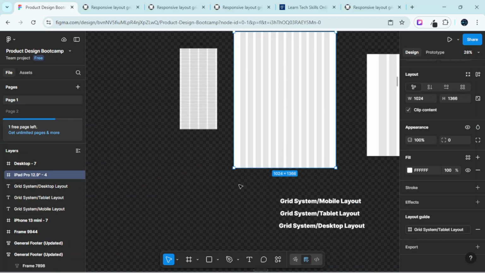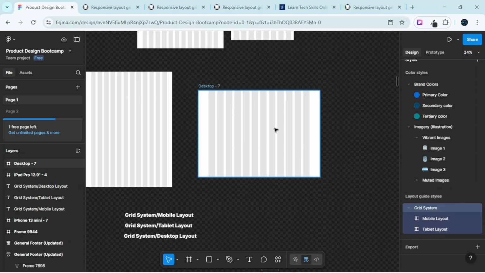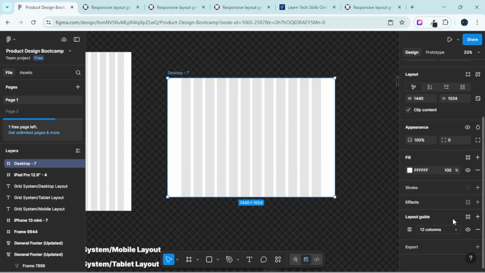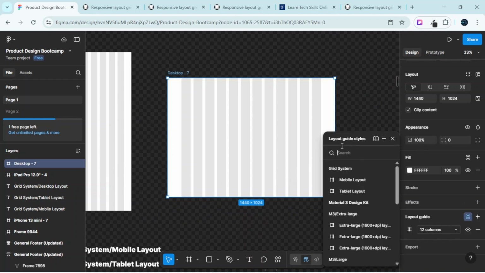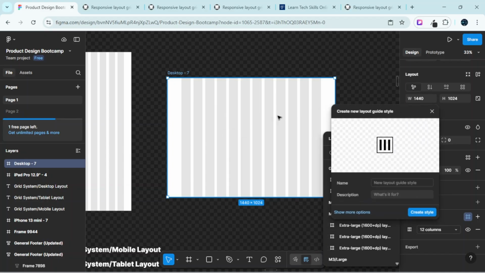Then I click on my empty canvas, and I have two particular grid styles inside the grid system folder. So that's fine. I'll select the next one there, which is for the desktop layouts. Come over here to this icon that says apply styles, click on it. Once I click on it, this menu comes out. Then click on the create style icon, and then automatically you can save this particular grid